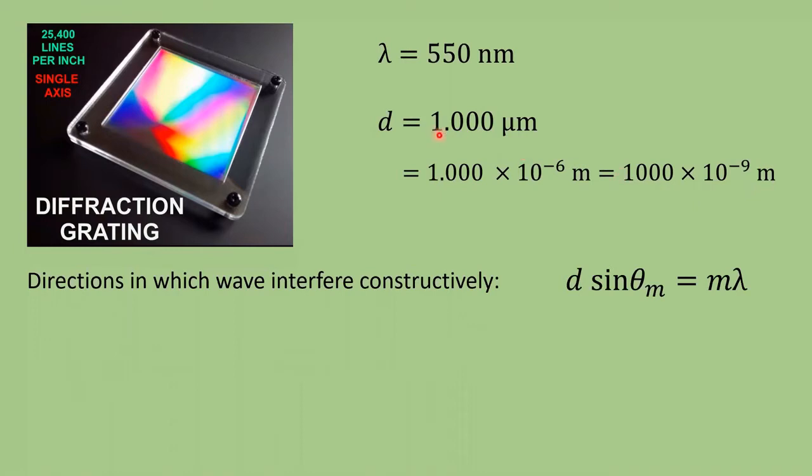So try to memorize that 1 micrometer is 1,000 times as great as 1 nanometer. Okay, well, we're very familiar with the condition for constructive interference. We've already looked at the geometry. If you want constructive interference between the waves from 2 adjacent slits, then this is the condition that must be